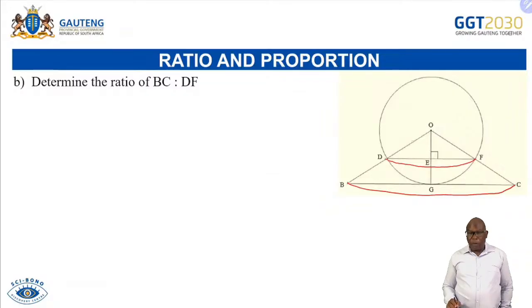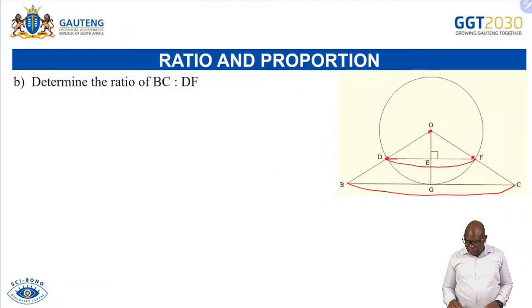First of all, for me to get the ratio of that, what should I do? I can first get the two triangles to be similar, right? Two triangles to be similar. Because triangle ODF,